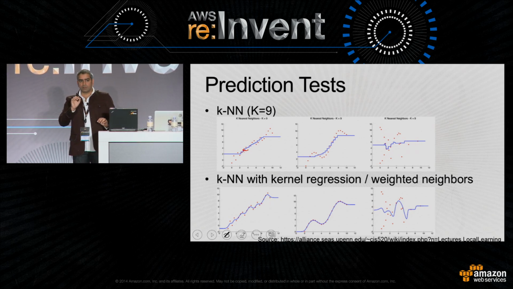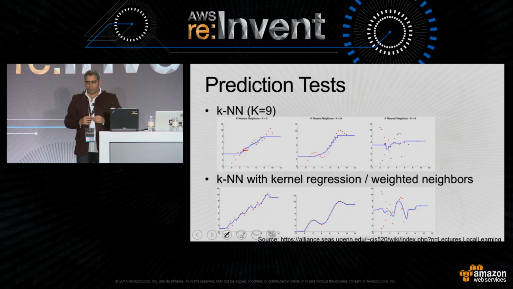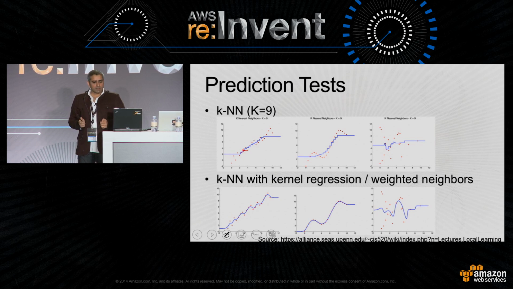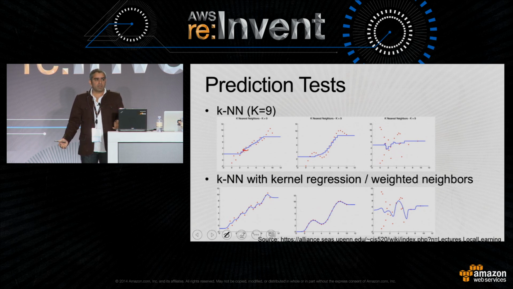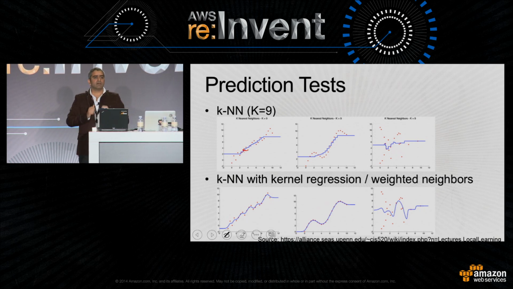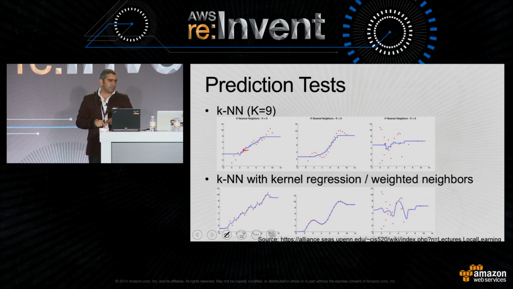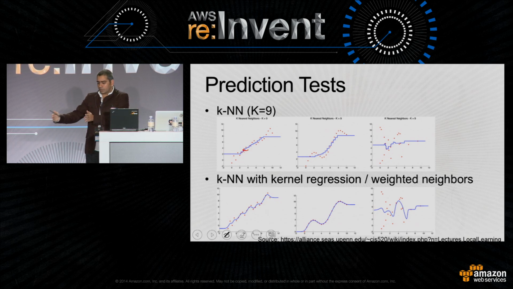Now, what is KNN with kernel regression? The problem with the pure and simple implementation of KNN is this. If I choose 6 neighbors, I give each one of those neighbors equal weight. All of them get to vote the same way, all of them participate in this average. But the farthest neighbor that I have gets the same participation in computing this average value. Is it the right thing to do? Probably not. That's why you want to do a weighted average. You assign individual weights to all those cases. And how do you determine that? The closer the neighbor is to me, the higher the weight is going to be. That's how you get a smoother trend line.